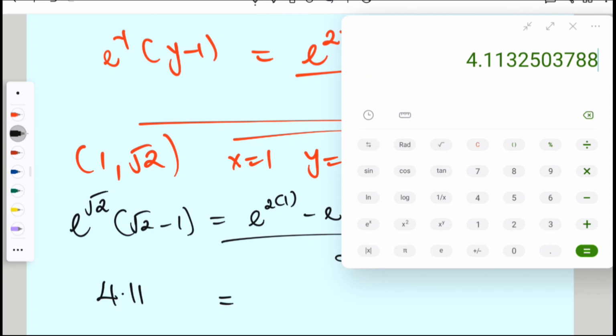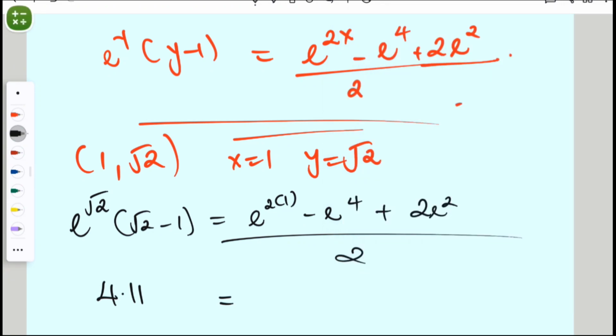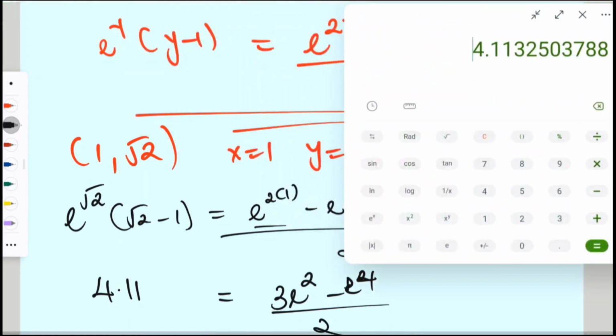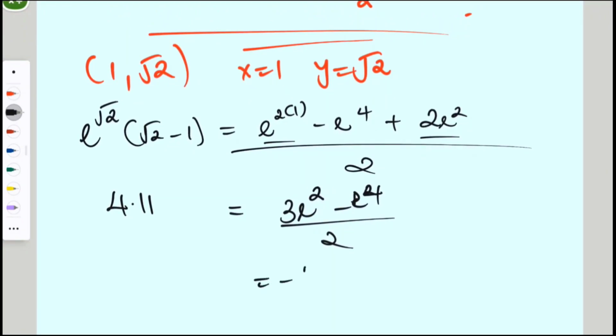And then the right hand side, which is the same as e squared plus 2e squared, is 3e squared minus e to the power 4 over 2. Okay, the right hand side would be 3. The left hand side is not equal to the right hand side,